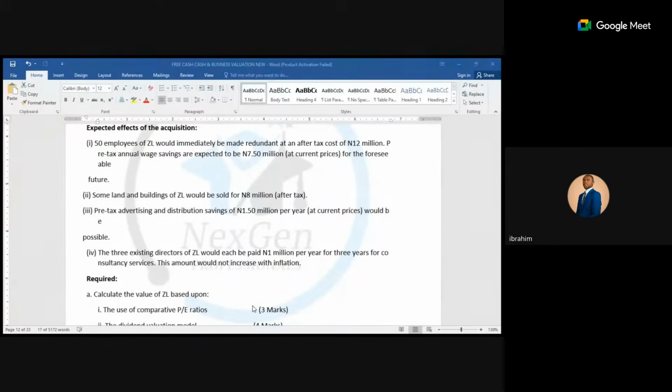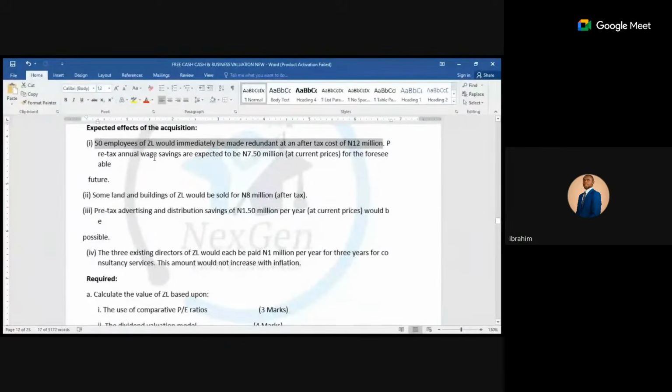They will have to pay a redundancy fee to 50 employees of ZL, right? Of course, who will pay that is the ZL company. They are the ones that will pay all those things. Redundancy fee, right? 12 million. Now,